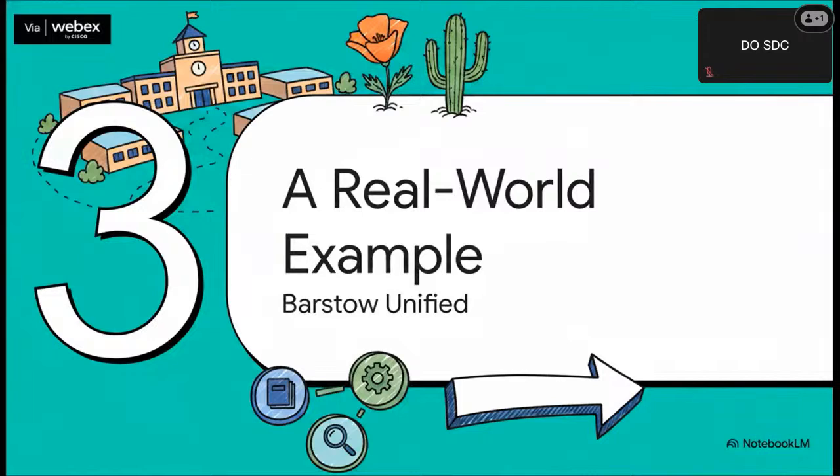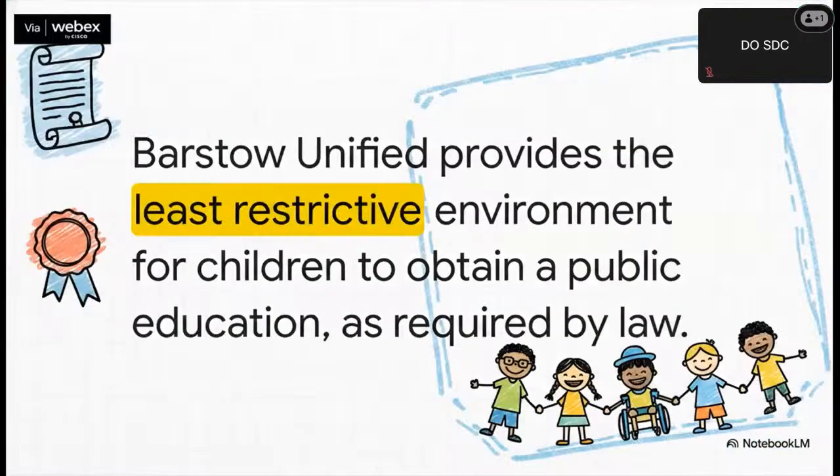School District. Now, like any public school district, Barstow Unified has a legal job to do. Its main responsibility is to provide an education in what's called the least restrictive environment. Now, that's a bit of a legal-sounding term, but what it really boils down to is that students with disabilities should be in class with their non-disabled friends as much as possible. It's really a foundational promise of public education.